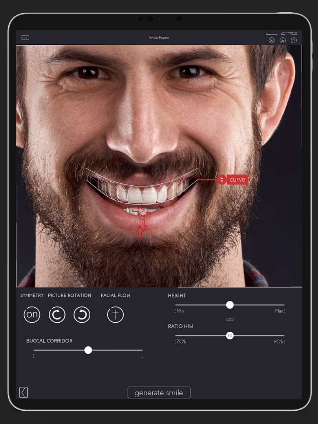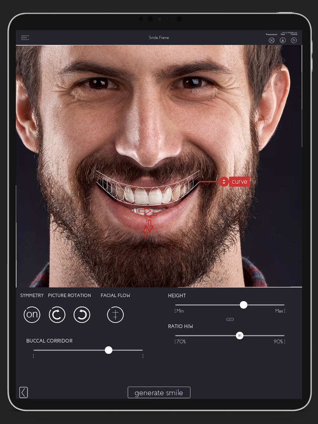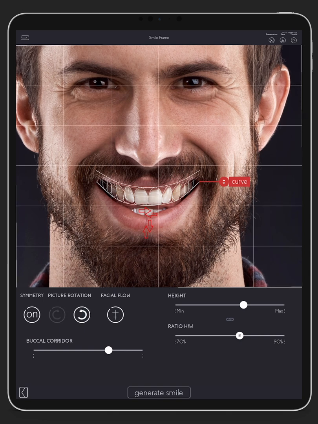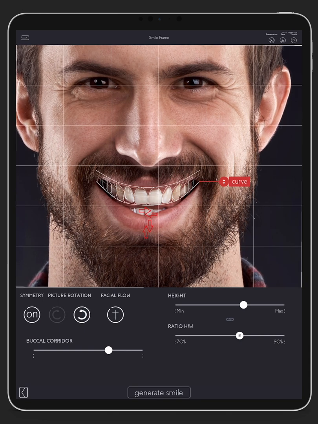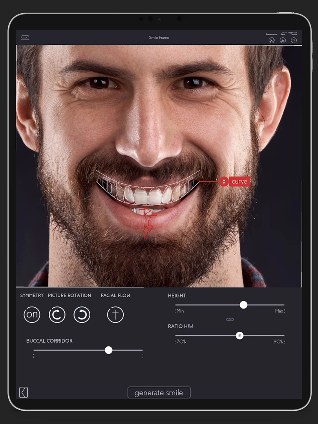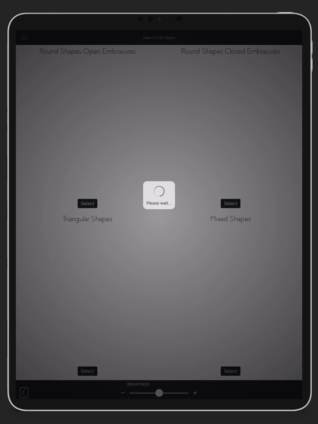We can readjust the position of the smile frame, the height and the ratio, the buccal corridor, like this. Also, we do have here the picture rotation. As you can see, you can correct, if you want to, the position of the picture. And in this screen, we don't have any changes actually, but if you generate the smile, now we create 4